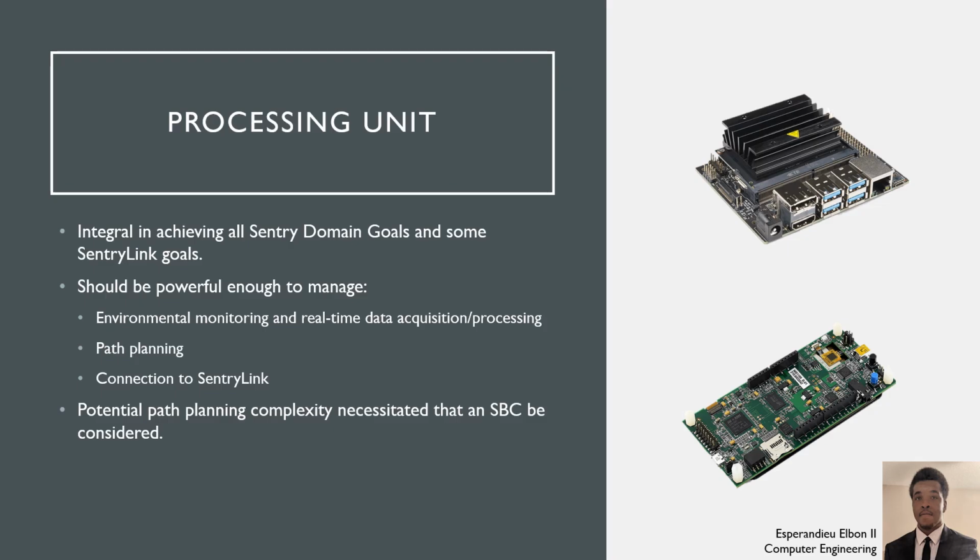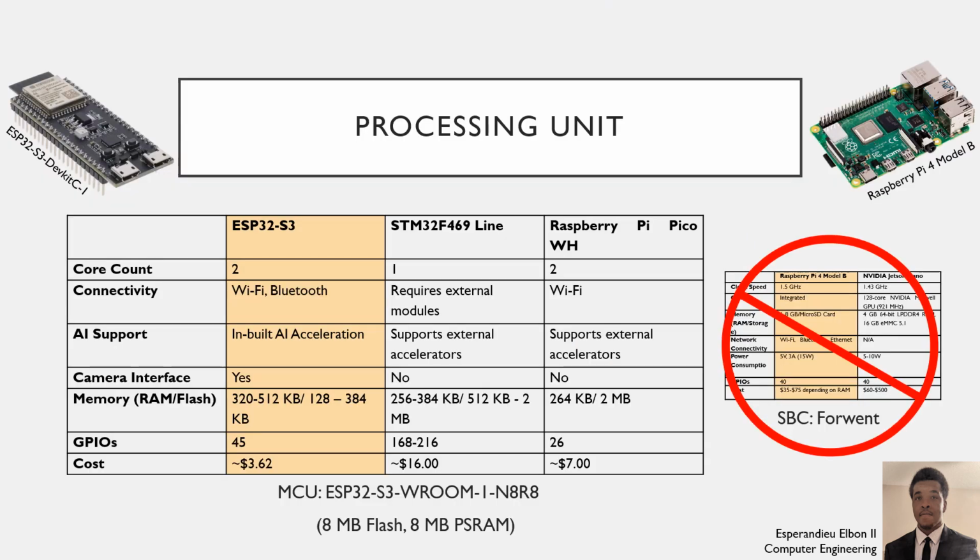The potential complexity of the path planning algorithms for the Sentry warranted consideration of single board computing, as certain algorithms require a lot more processing power than others. And so, the S.E.E.M.S processing unit initially consisted of one MCU and one SBC. The ESP32S3 was chosen as the system's primary MCU, and the Raspberry Pi 4 Model B was chosen as the